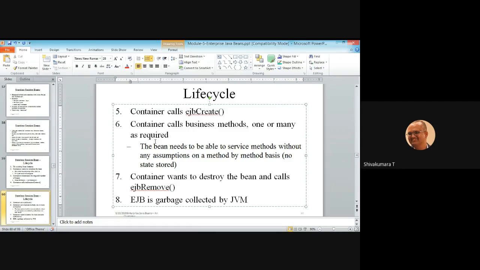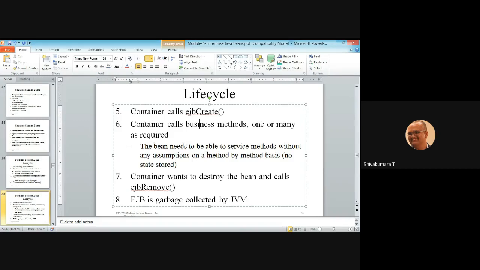In the sixth stage, the container calls business methods, one or many as required. Notice that in enterprise applications, most of the work is taken care of by the container. As a developer, your job is to focus on business logic. The container takes care of most of the minute system-level services on your behalf.